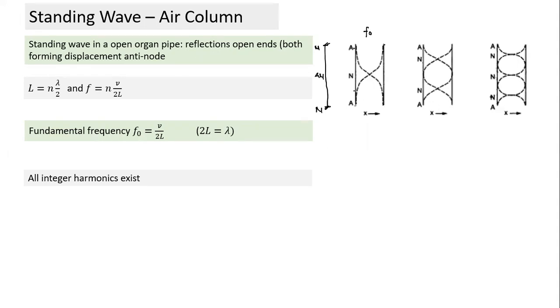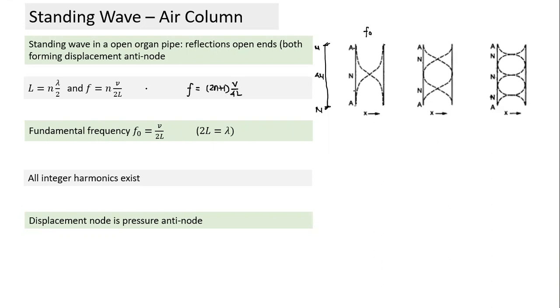All integer harmonics exist. So in essence, we are talking about only two cases. This topic is a simple and important topic. In a standing wave, we have come across two cases, and the rest of it is intelligent use of only two formulas with understanding. Which are the two formulas? One formula is F is equal to nV by 2L. The other formula is F is equal to (2n plus 1)V by 4L. That's the only two things we have to use, and we just understand when to apply which one. And I think it's not very difficult to figure out.